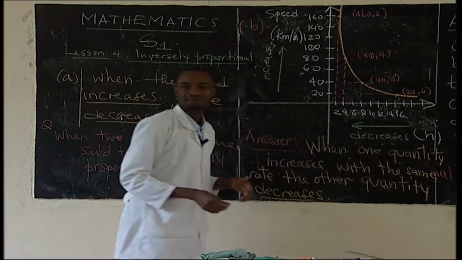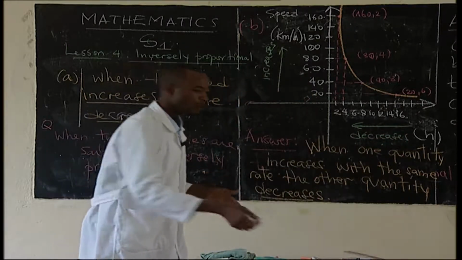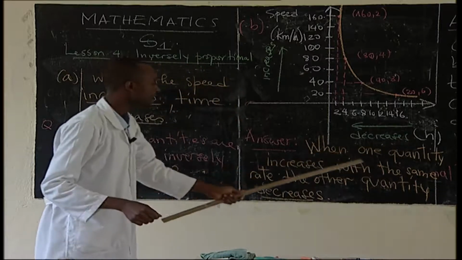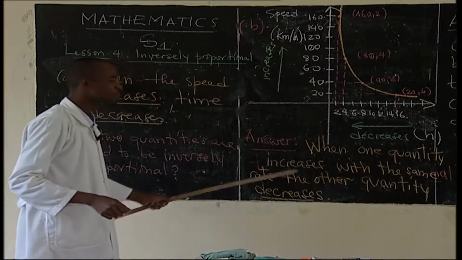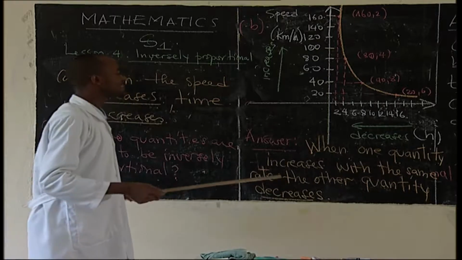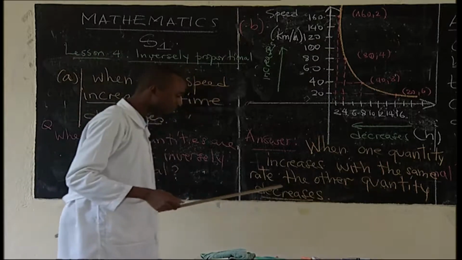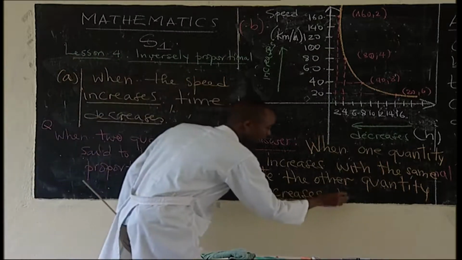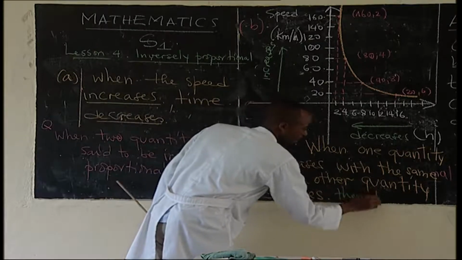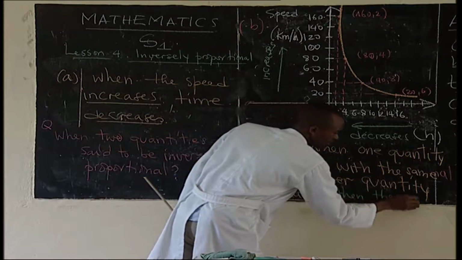So then, when one quantity increases with the same rate, the other quantity decreases, then we say